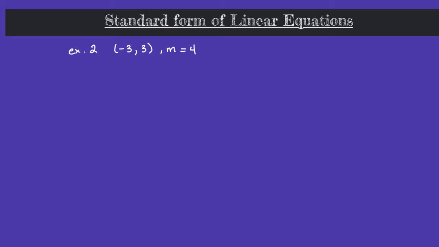Here we have a point and the slope is given of our line. And we are to write an equation given the point and the slope in standard form. Well, if you are given something like this, then what should come to your mind is point-slope form of a linear equation. And so we're going to go ahead and start there, because we know that if we're given a point and we're given a slope, we can at least start with something that we're familiar with. All right, so the point-slope form